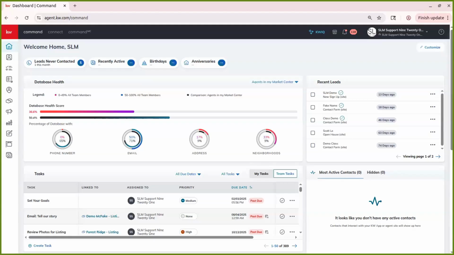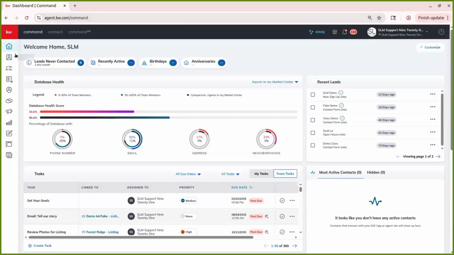Now, a couple notes: if you have not already connected your Lone Wolf account, created the opportunity, and connected the Lone Wolf transaction to that, and even if you haven't already set up a signing and sent those out for signatures, you'll want to check our tip videos on how to do that first if you need that. Today we're just going to be showing you how to upload the signed documents from the Lone Wolf Transact. We've already created the signing. It's already been signed by our clients. So now we just need to upload it into Command in order to submit it to our market center for